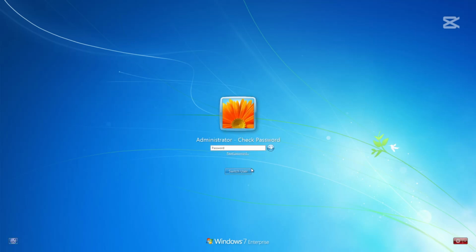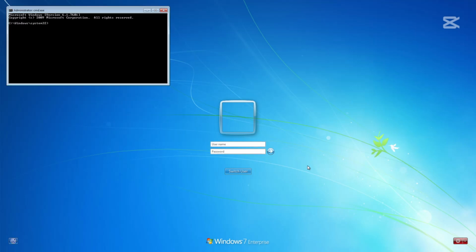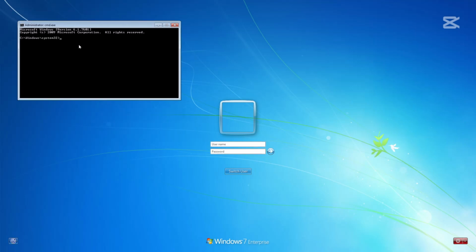Okay, so we click switch user and then go to other user, and what we do is we press shift 5 times and we can see that there's the command prompt here. If you did not boot Conboot, you won't get this command prompt. So we got the command prompt when we booted Conboot, so we go net user administrator and then we put whatever password, for example pass123 with a small letter,